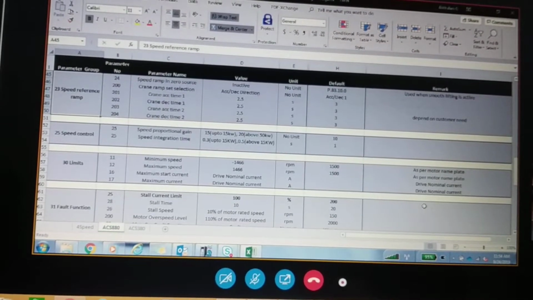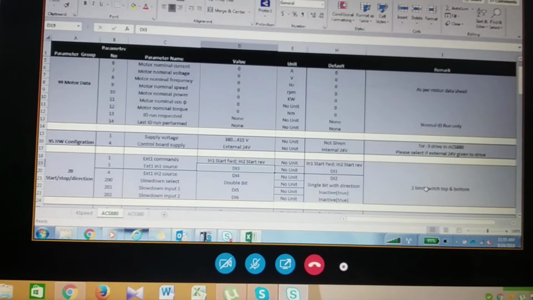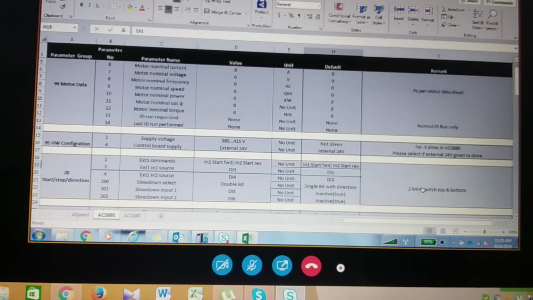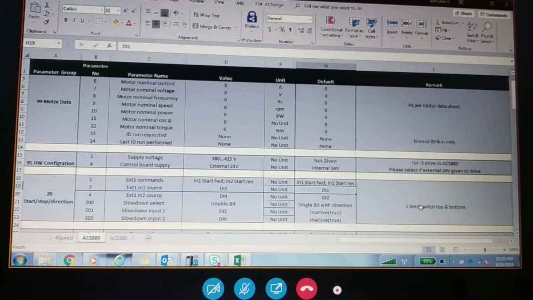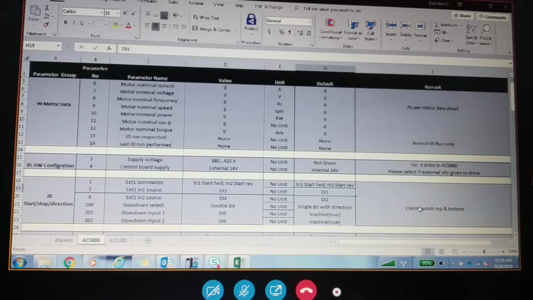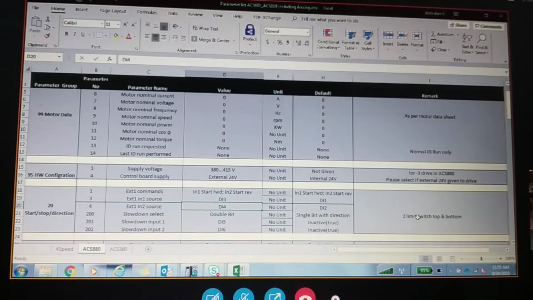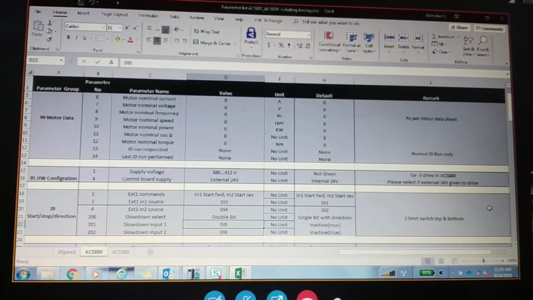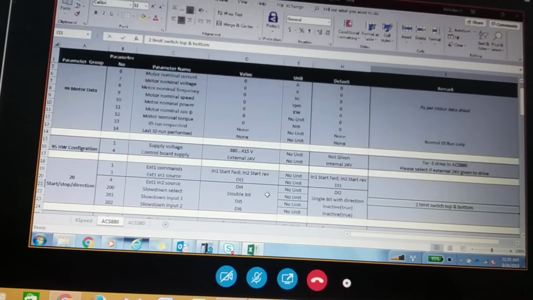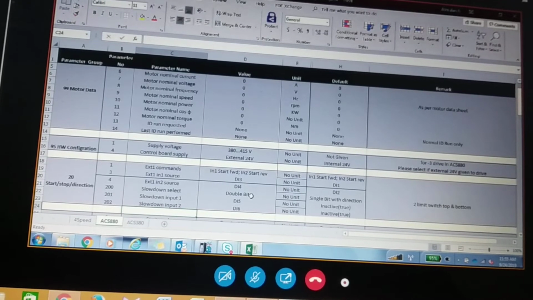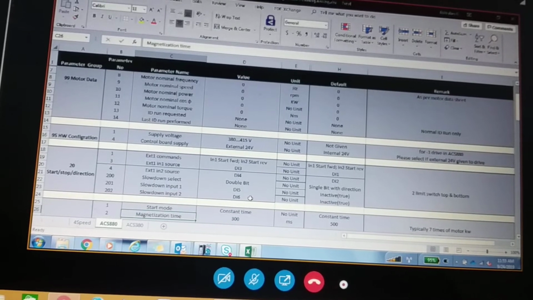So again start, stop, direction, this is the basic. Then the external one command, so it will anyway be one source, that is DI3, DI4, that you can select, because DI1, DI2 can be selected, but again you need to change a lot of things if you are selecting DI1 and DI2. As the crane software is configured for something else, you would need to reconfigure. So better to go with DI3 and DI4. And then slow down select, it is double bit because two limit switches, top and bottom, are both installed. Then slow down input DI5 and DI6, it is inactive.